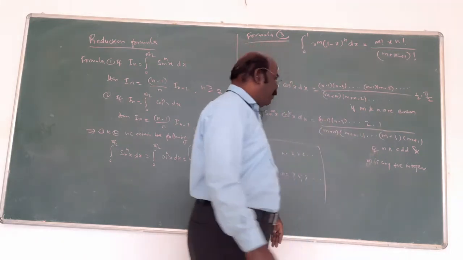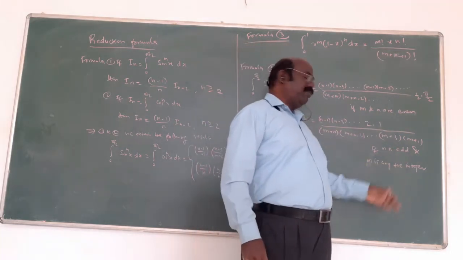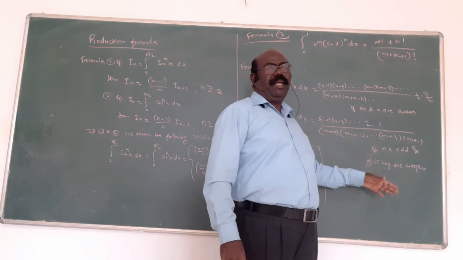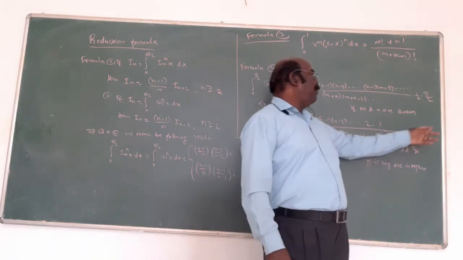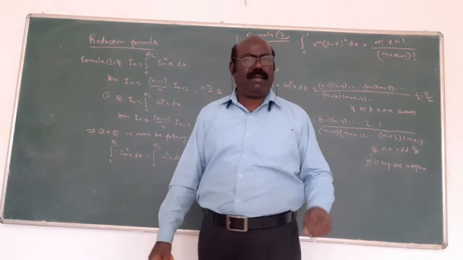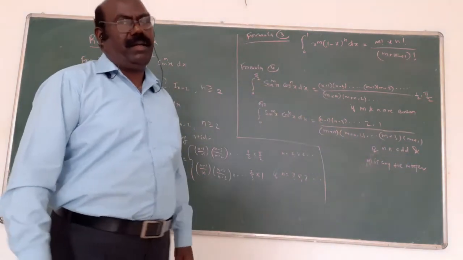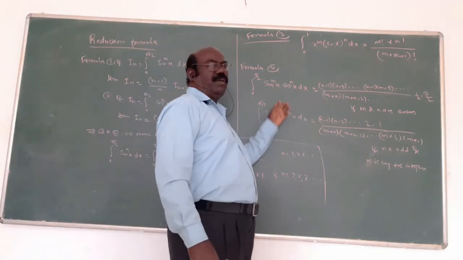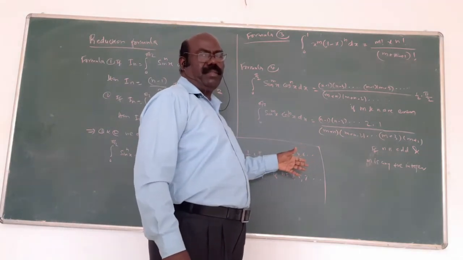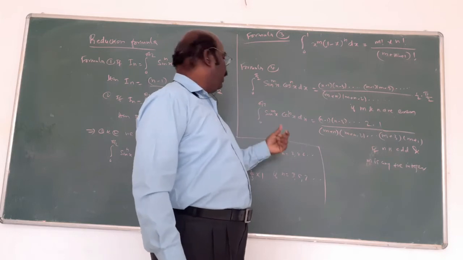The same thing. Okay, one is odd, one is even, no problem. One is odd, the remaining one, m is positive there. That means the 5 by 2 will not come. The same concept, 5 by 2 will not come. This is the formula. Product of sin power something, cos power something means the same concept.